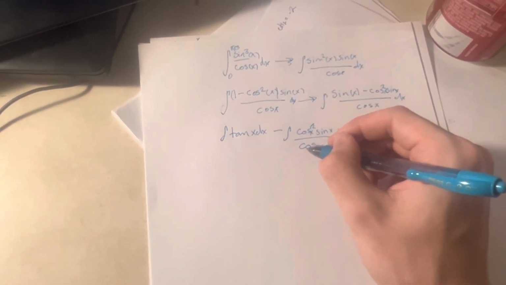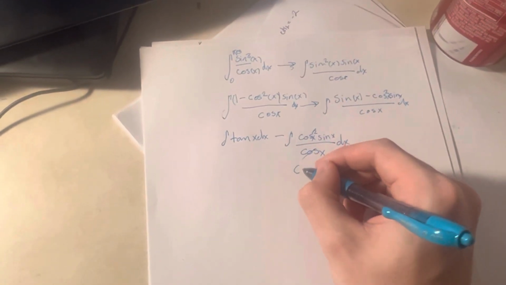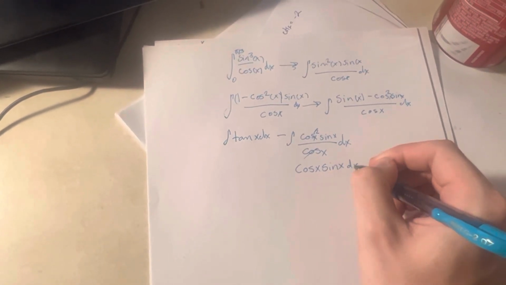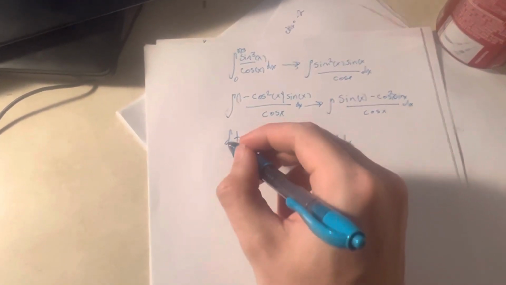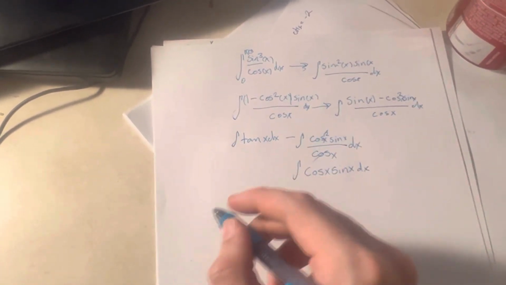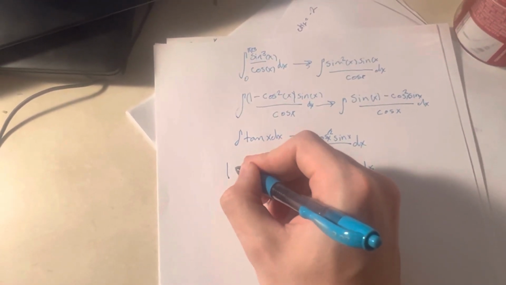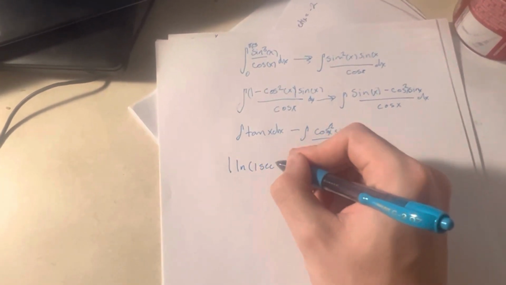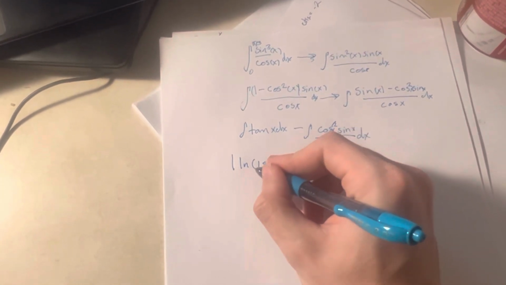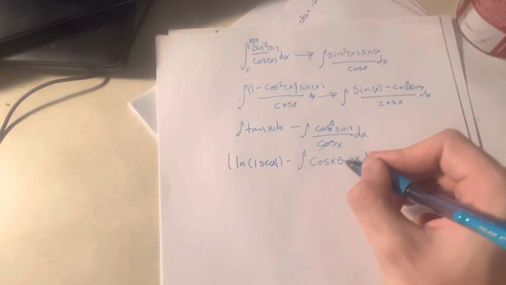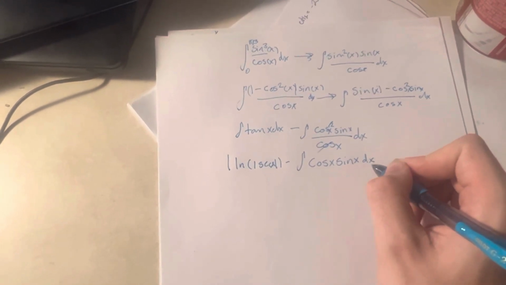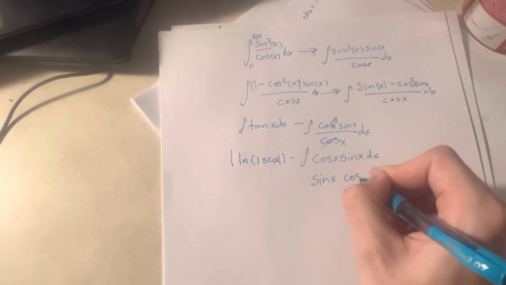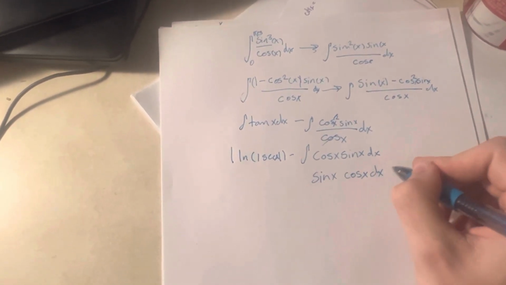So then we can cancel out the squared cosine here, and it's the integral of cosine x sine x dx. We'll come back to this tan x since it is a standard integral and fairly simple to solve. In fact, we can solve it right now and just say that it's the standard integral, ln of secant x. Don't forget to include the absolute value. Then we are subtracting it from the integral of cosine sine x dx. So we can write this out actually as sine x cosine x dx, and then we can take